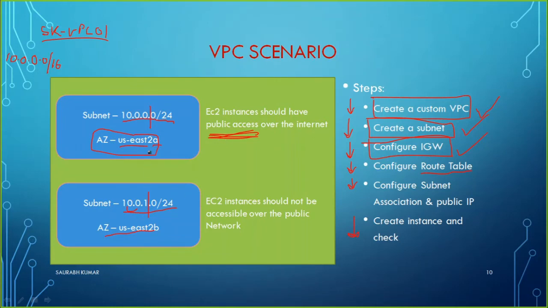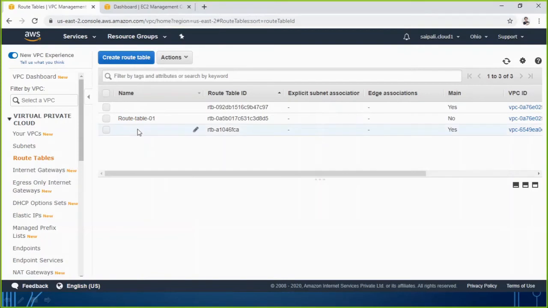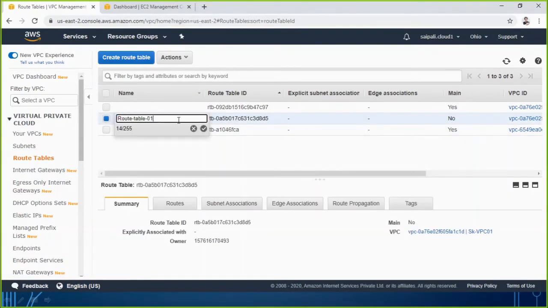So that's why we have to have two route tables. As of now we have only one route table, and we have given the name route table 01, or just for the sake of simplicity we can keep it like this also, internet, so that it can be easy to identify.